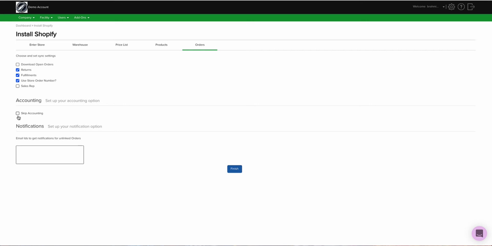And also you have the ability to skip accounting when orders come in from Shopify to us. The reason you'd want to use this is if you have a lot of orders and you are integrating with QuickBooks Online or Xero, and you don't want a clutter of customers. If you're placing like 5,000 or 10,000 orders from Shopify, you don't want every single customer to go into QuickBooks, and QuickBooks tends to slow down when you have a lot of customers and a lot of data. So what you can do is skip accounting for Shopify, and then at the end